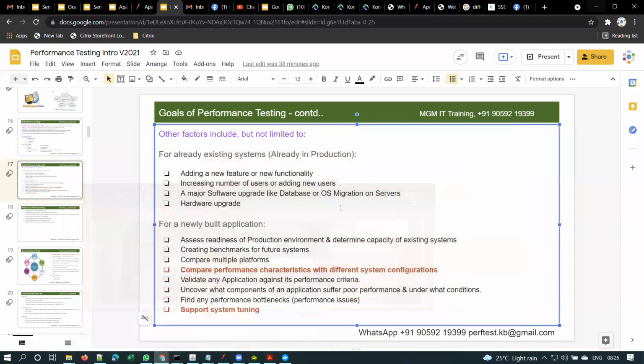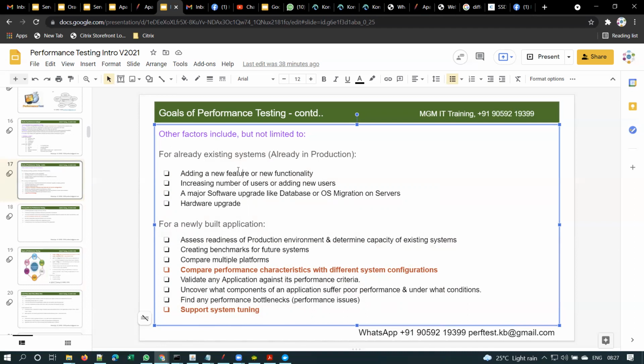Previously, suppose you booked a ticket on Redbus and wanted to postpone your journey, you had to cancel the booked ticket and book a new ticket. But recently they have introduced a new feature called rescheduling the journey. Without canceling and booking another ticket, you can reschedule for the same bus.